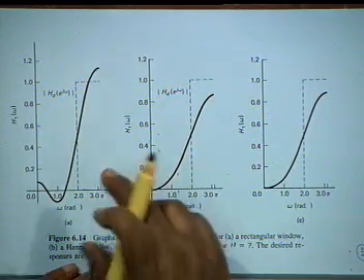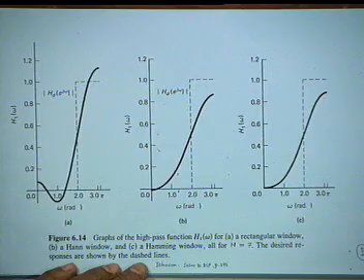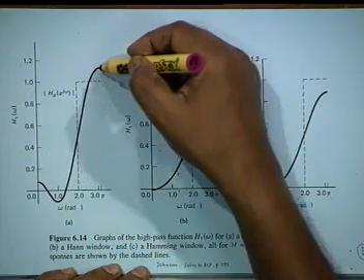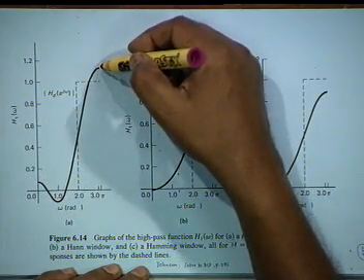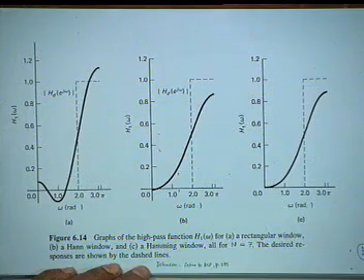Once again, these three figures should not be compared, because the maximum response has not been normalized to 1. Maximum response here is about 1.16 or something.